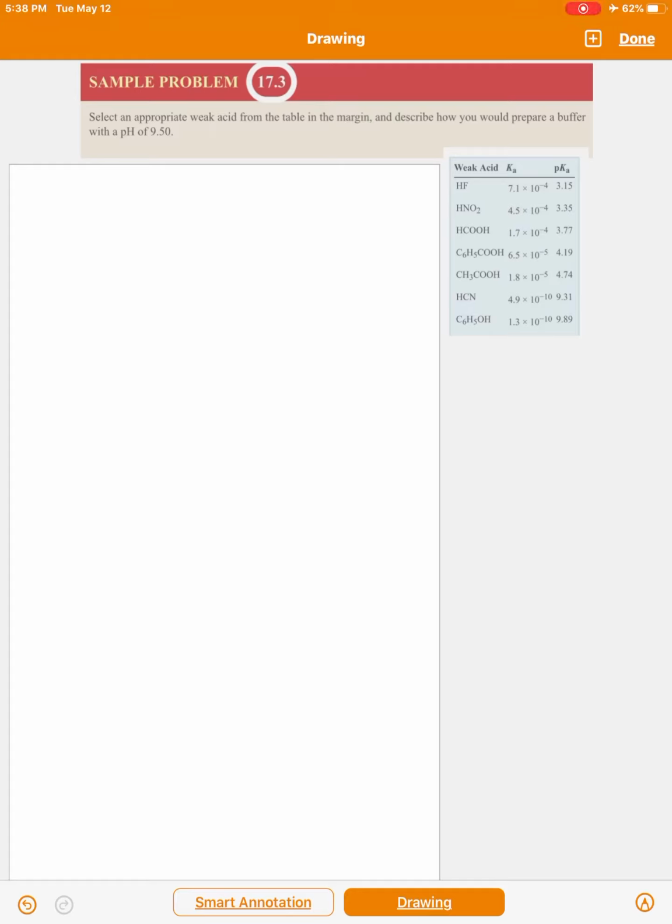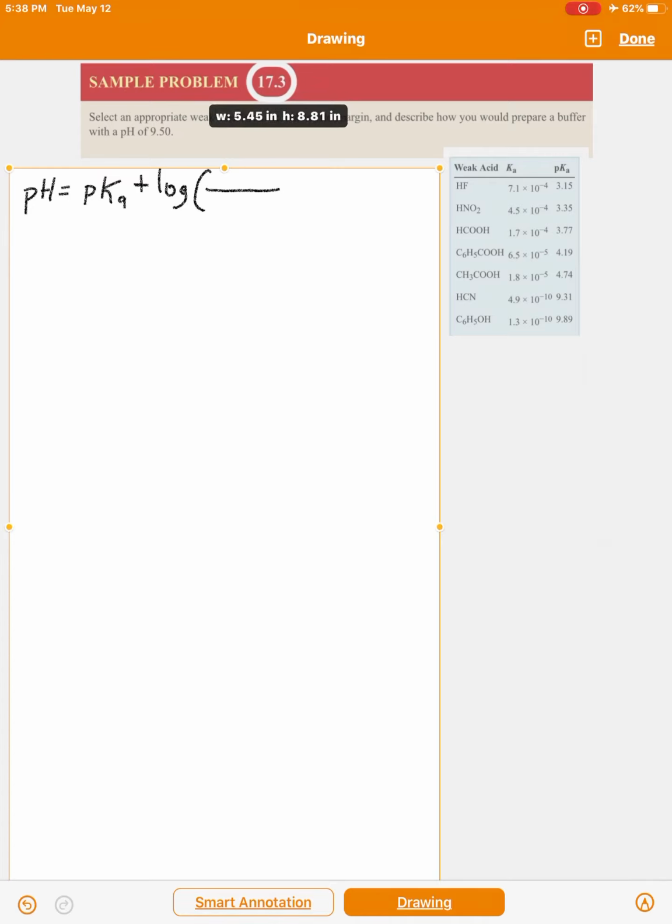Okay, this is sample problem 17.3. Select an appropriate weak acid from the table in the margin and describe how you would prepare a buffer with a pH of 9.50. Okay, so we're preparing a buffer. When we're preparing a buffer, what you want to do is use the Henderson-Hasselbalch equation. So the pH is equal to the pKa plus the log of the ratio of the concentration of the conjugate base